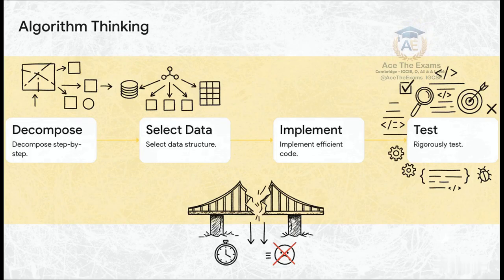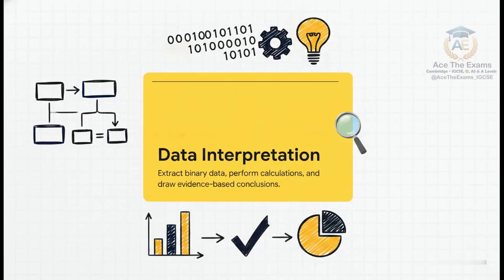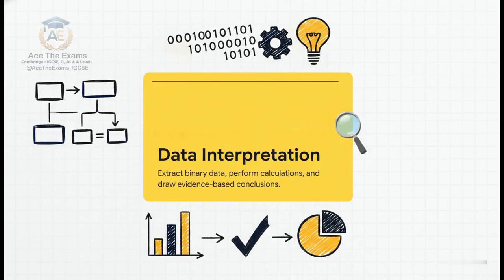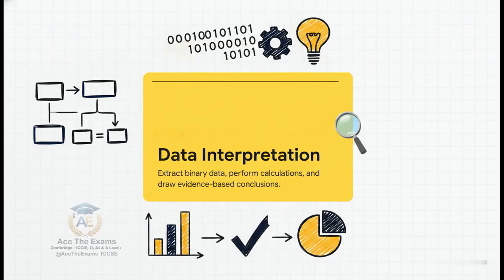Testing isn't just eyeballing it. Testing means drawing a comprehensive trace table, tracking every single variable change loop by loop. This is where the magic happens. This is where you prove you aren't just reciting a textbook, but that you actually understand the logic pathways you've built. But remember, it's not strictly about writing loops and if statements. You absolutely must master data interpretation. In Paper 2, this means extracting raw data from binary representations, performing complex